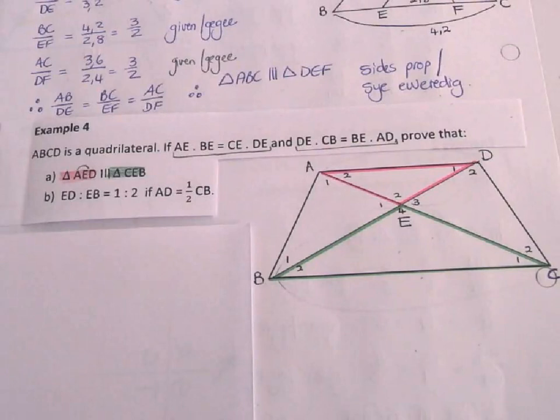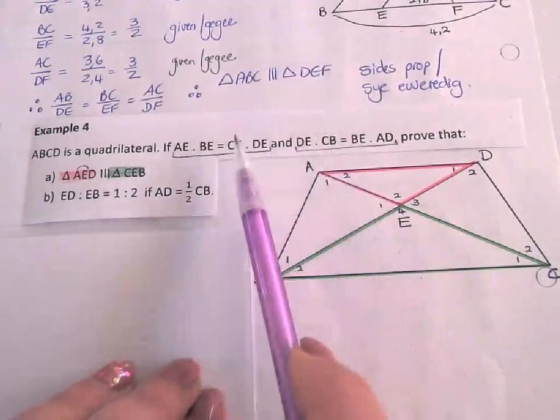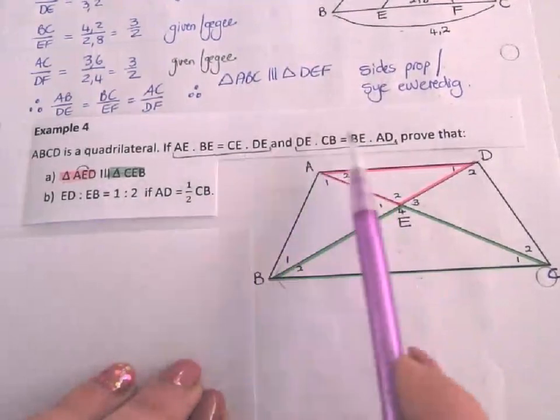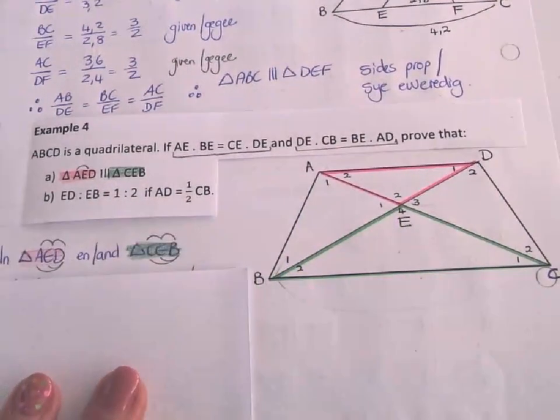In example 4, they say ABCD is a quadrilateral and they give you two multiplication sums regarding side lengths. And then they ask you, prove that the pink triangle is similar to the green triangle. What can I do with those two multiplication sums? Yes, we can make them proportions. So you start by saying, in the pink triangle and the green triangle,